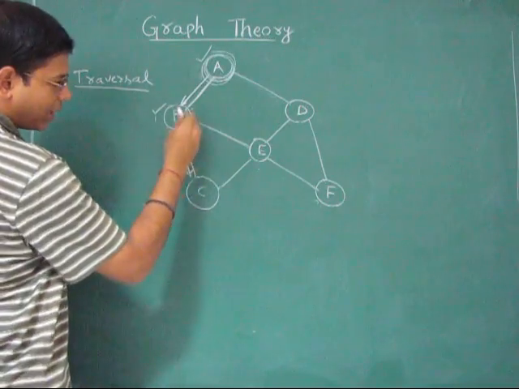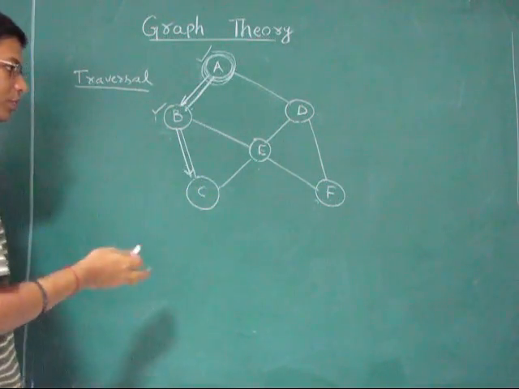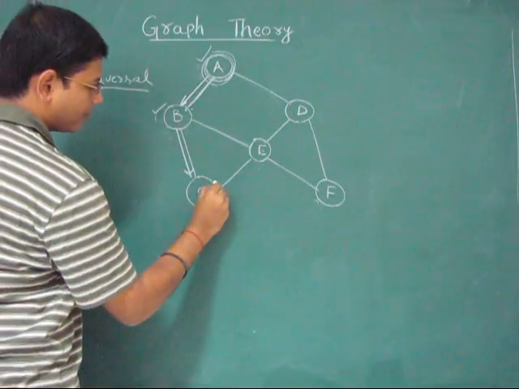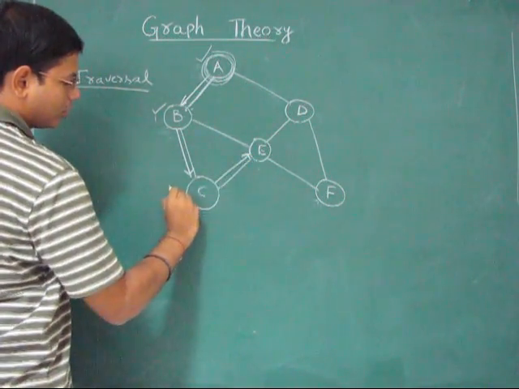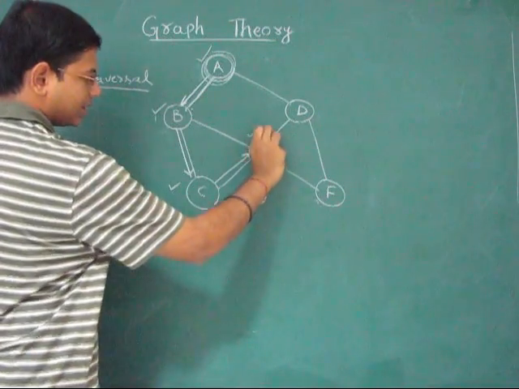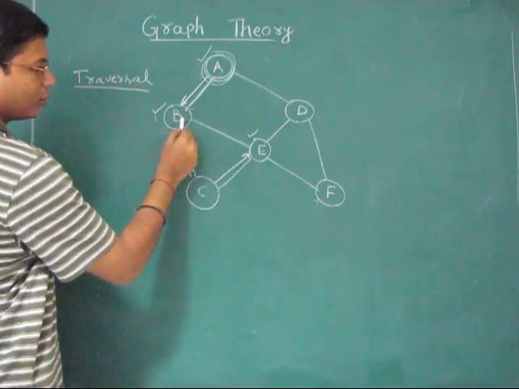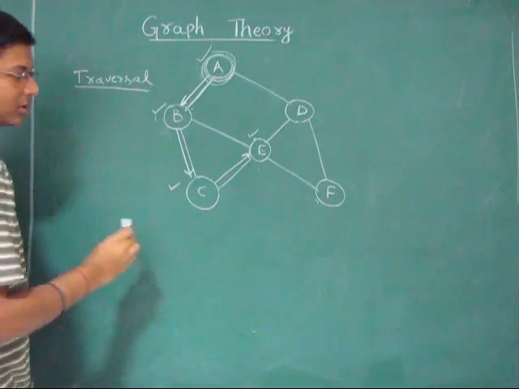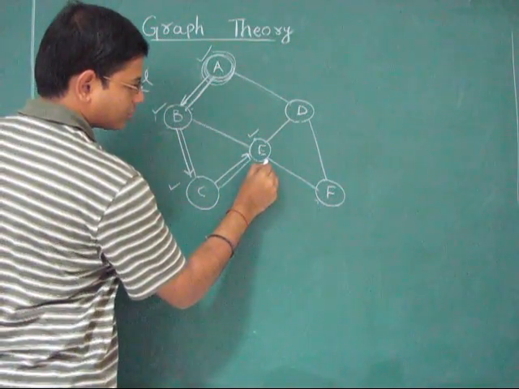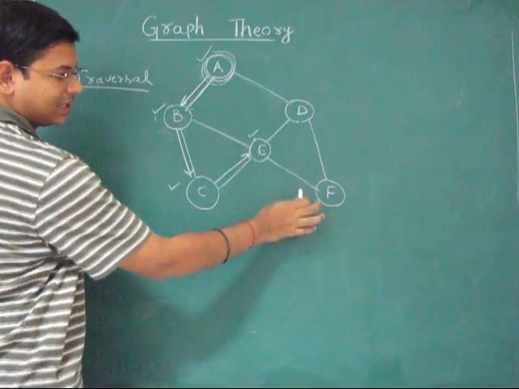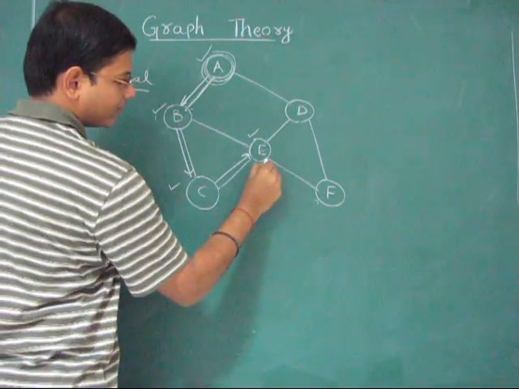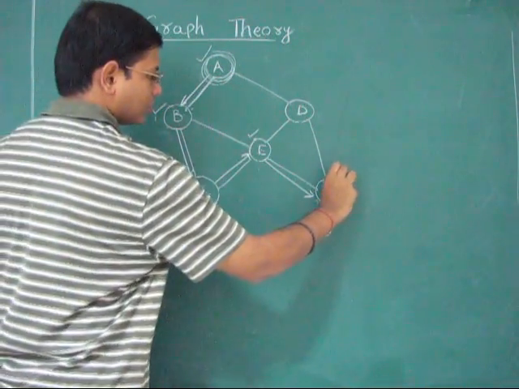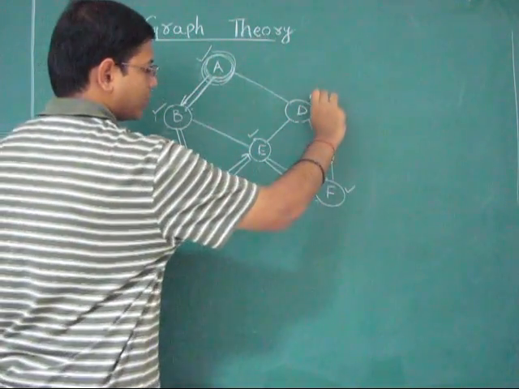If you have many neighbors to a vertex, the order in which you pick the neighbors doesn't matter for any traversal. So from C, I can go to E and I mark E. From E, if I try to go to B, it is already marked as visited, so I will not visit B. The only options left are the unvisited vertices D and F for E, so we can pick any of them. So let's pick F, and we mark it as visited.